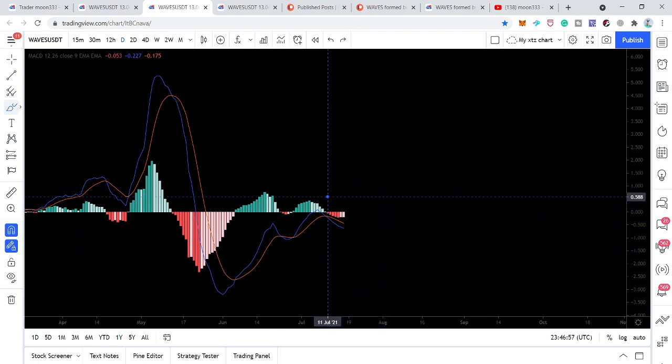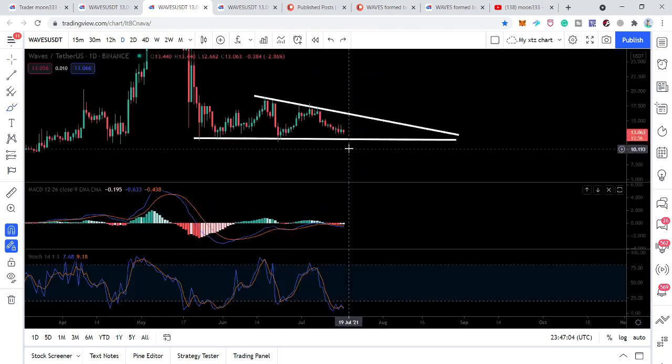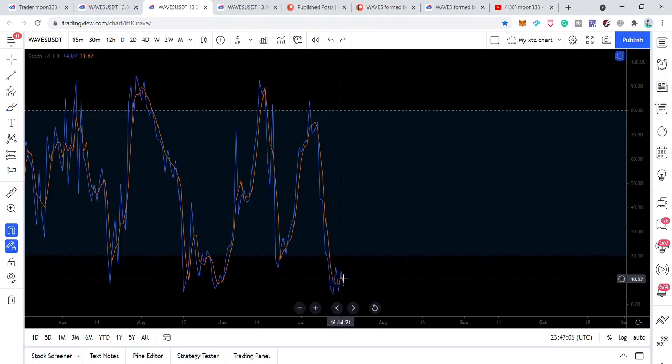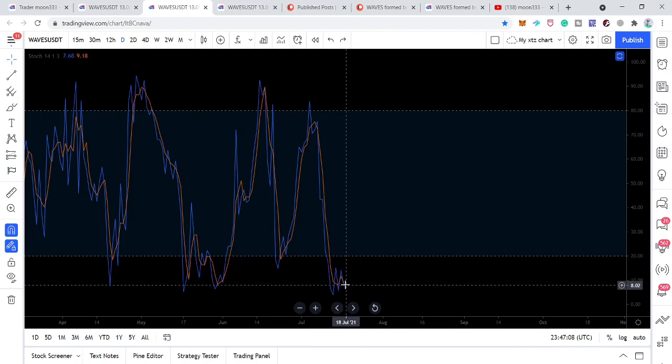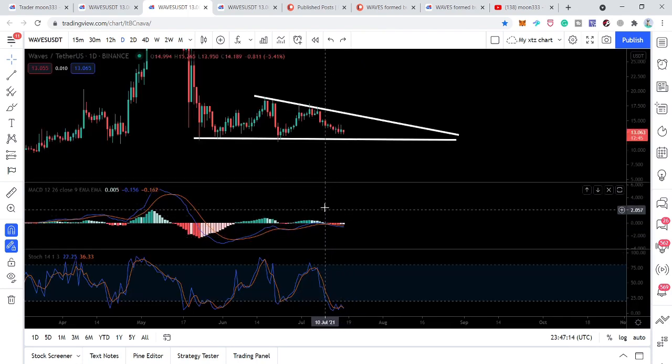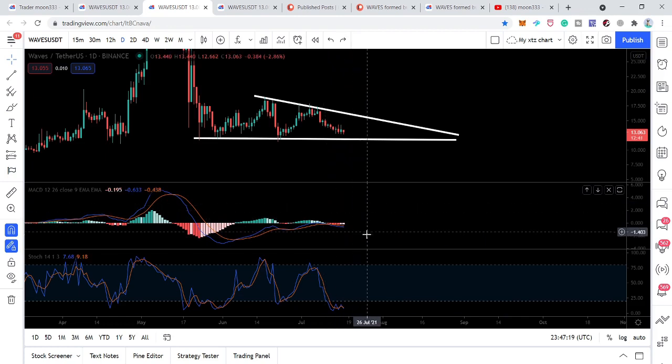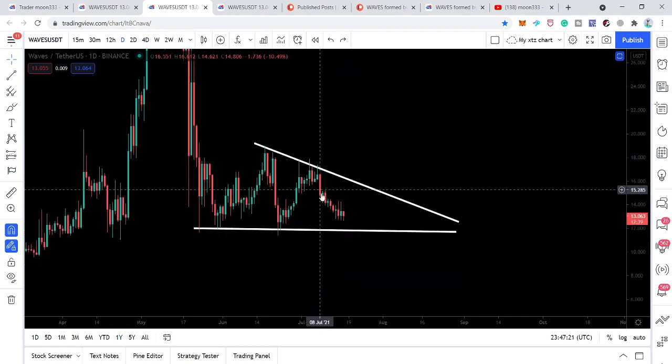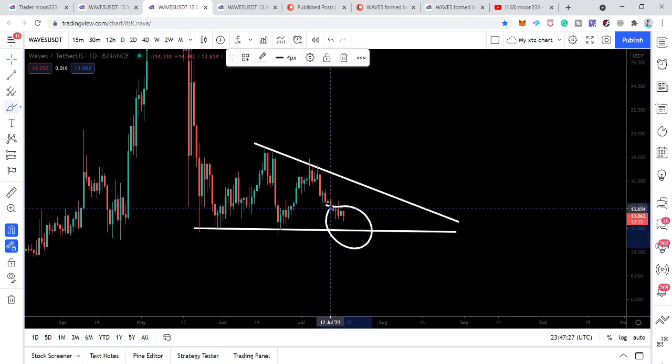So after some hours we can confirm that it is really turning bullish, and then we can also wait for the stochastic bull cross. Like at this time, this blue line has crossed down this red line. Once this blue line moves above the red line again, that will be the buying signal, and the MACD will be already bullish. You can see at this time it is turning bullish. Then we can expect that it can start a move towards the upside without testing the support of the descending